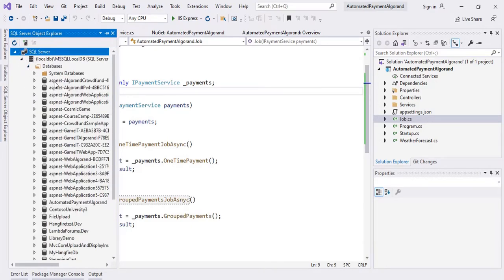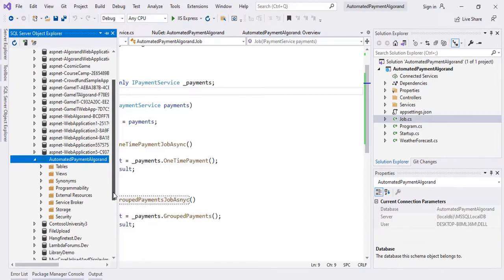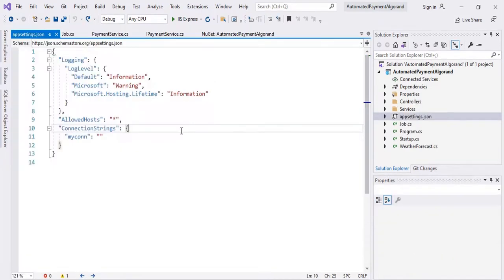Click on database, and then we can see our database right here, our automated payments Algorand. As it is now, the tables are empty. We do not have anything in it just yet. So having done that, head over to the appsettings.json file, and then add the following code snippet that we can see here: